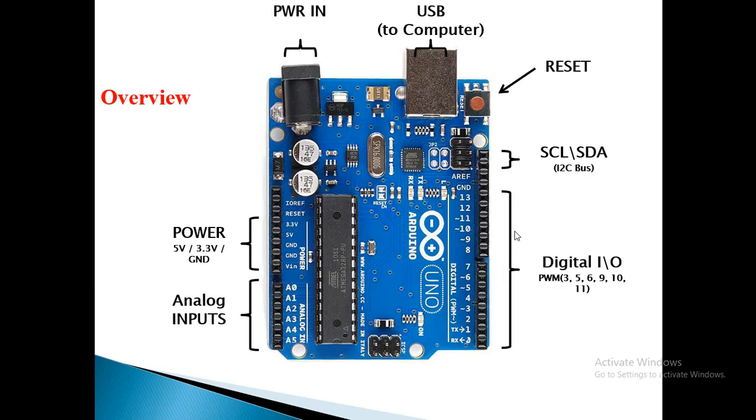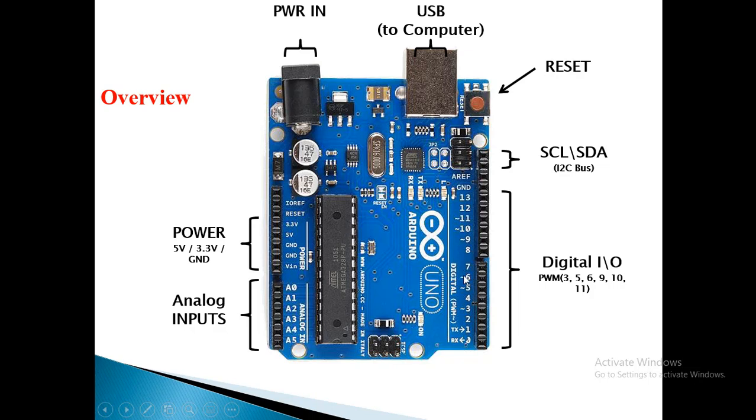And now I want to give you some basic idea about the pin configuration of the Arduino. This is the power in: you connect a 5-volt DC adapter here to supply the power, or you can connect the USB cable from the computer to supply the power. If you have any issue, just push the reset button, then the microcontroller chip will be reset